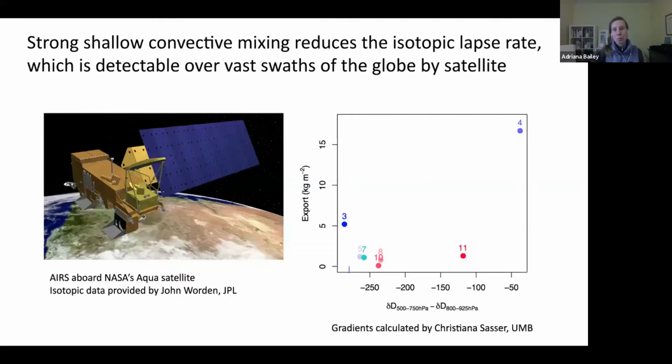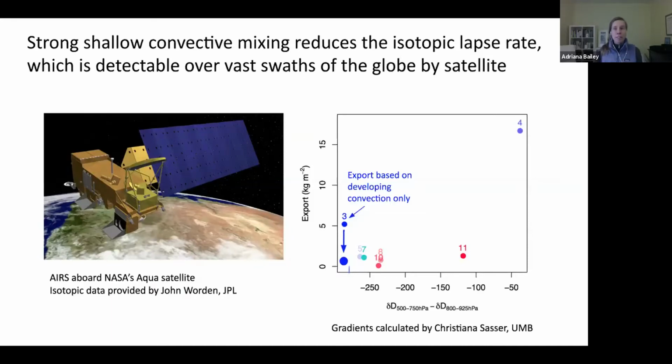One thing to note is remember that for flight 3, I've basically cherry-picked the profiles to look at active convection only. If instead I had looked at the cloud-free zones for case 3, we would actually see a very different, more linear relationship in this plot. Christiana, when she did her gradients, put both the active convection in flight 3 and the cloud-free zones together. So that may be one flight that's a little bit of an exception here.